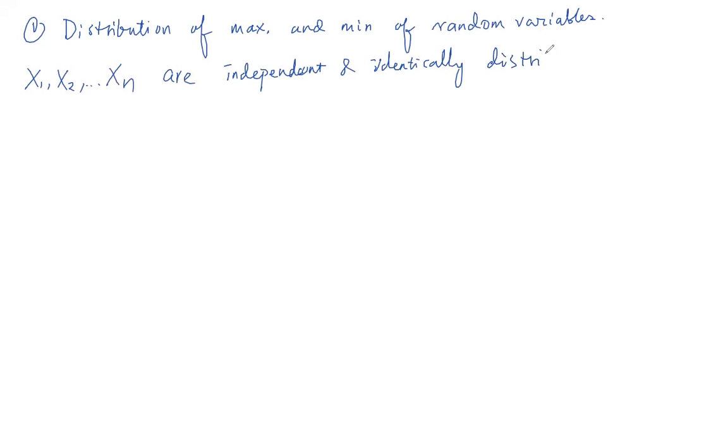So usually this is denoted as IID, yeah? Random variables, okay? With, of course, they have to have finite mean and variance. All right, otherwise some of the moments don't exist, yeah? Okay, then